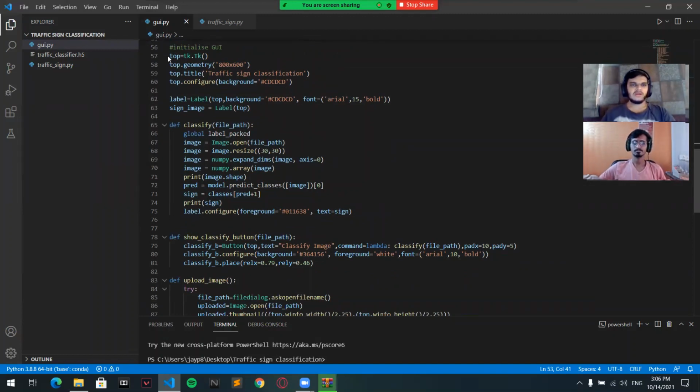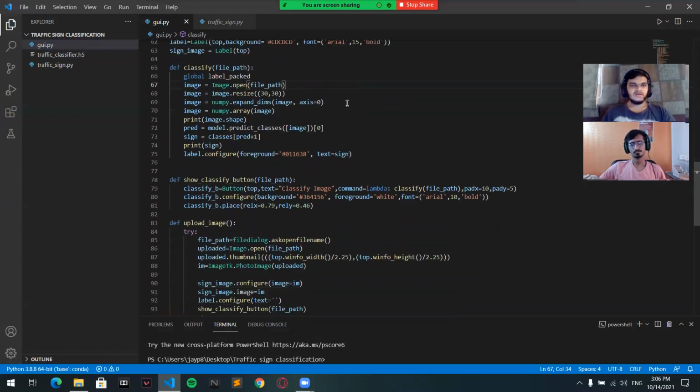Top means we initialize the GUI in the top most area of our graphical user interface. Then we have an 800 by 600 size. This is our title, that will be the traffic sign classification. Here we will now add a button and all those fancy things.